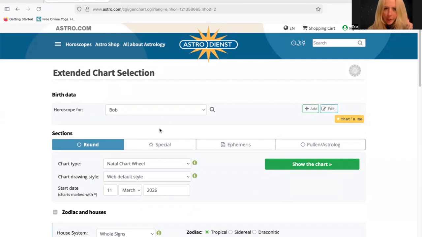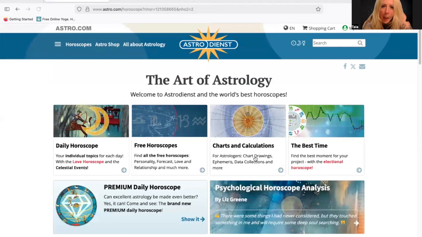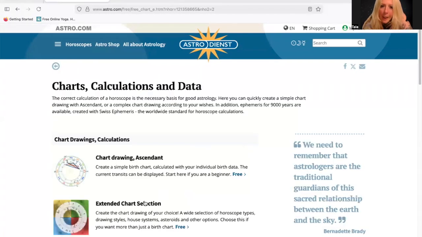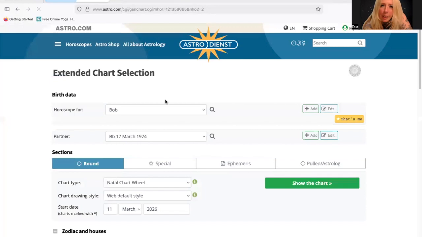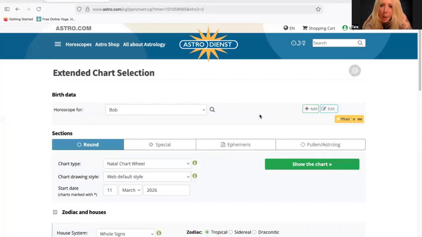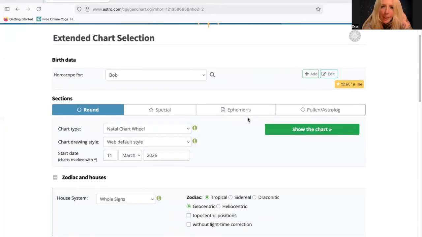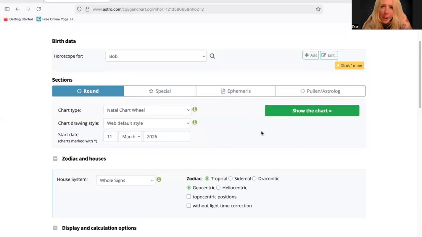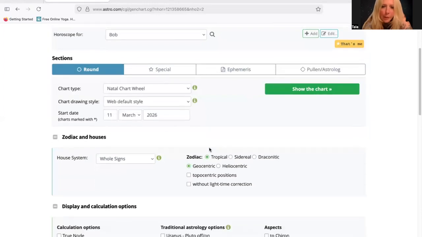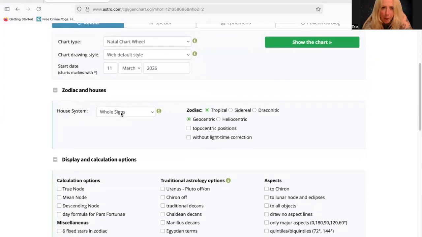How did I do this first? I went to astro.com. I went to charts and calculations. I clicked on that, I clicked on extended chart selection, and I picked Bob. Chart type is all preset, this is fine. Keep scrolling down. Now, this is really important. Under zodiac and houses right here,